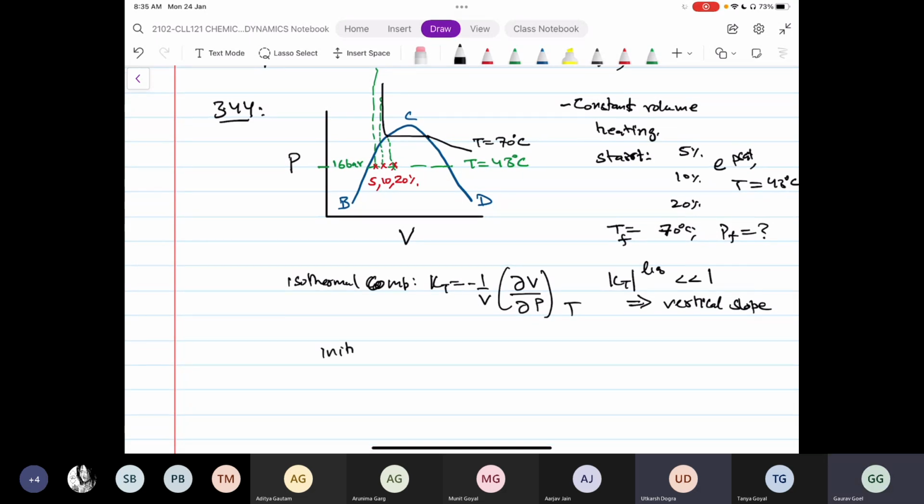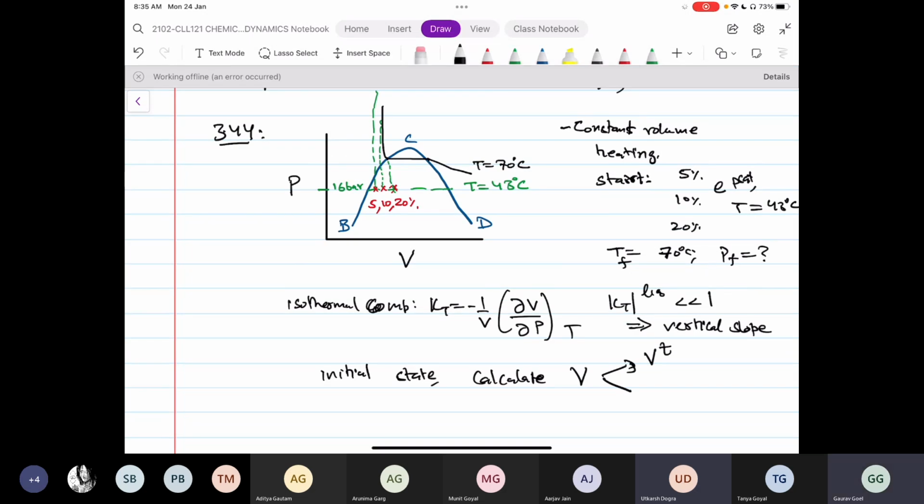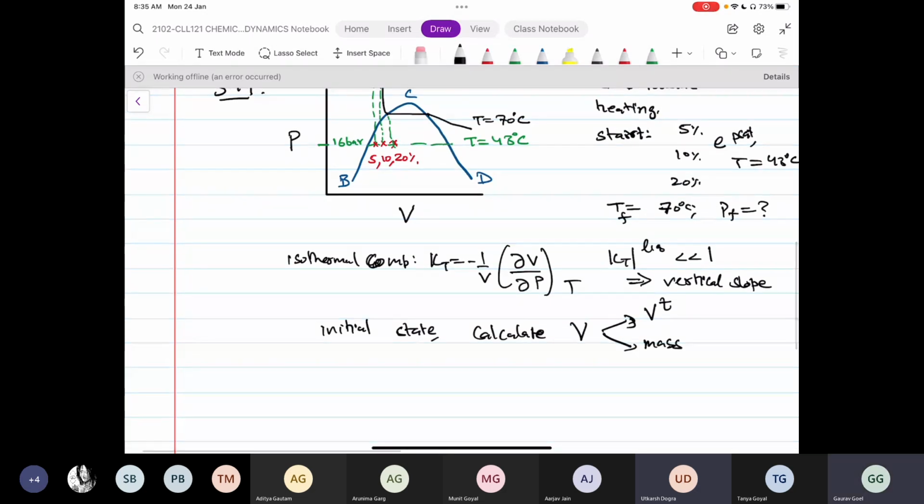So the way you will do it is, in the initial state, calculate V. For that you need Vt, the tank volume. V is specific volume, Vt is the tank volume that is given to you, and you need the total mass in the beginning. To get the total mass in the beginning,